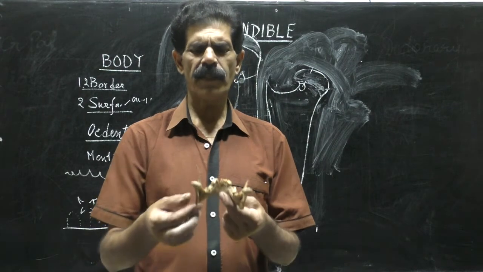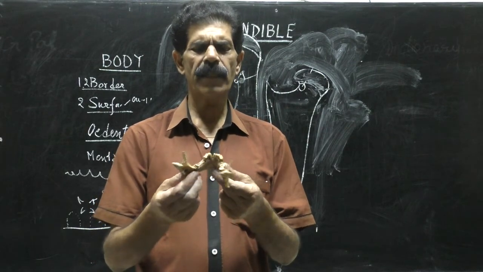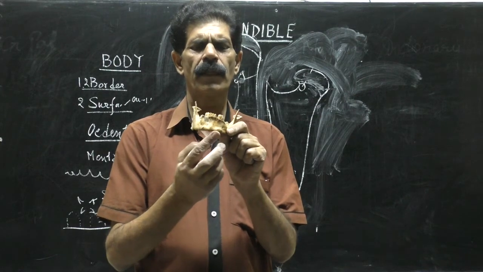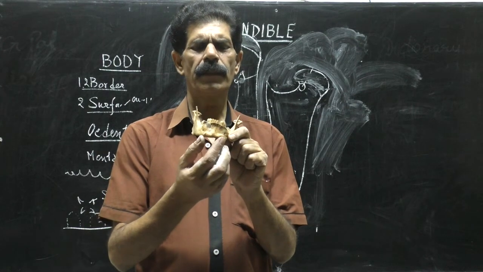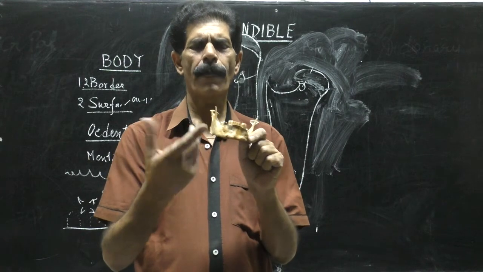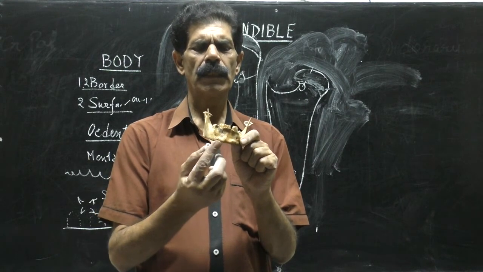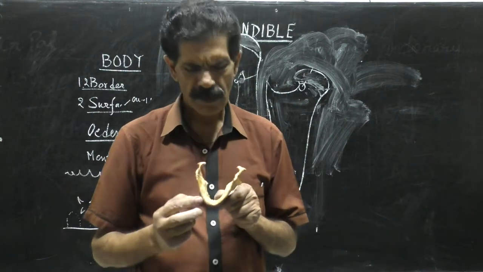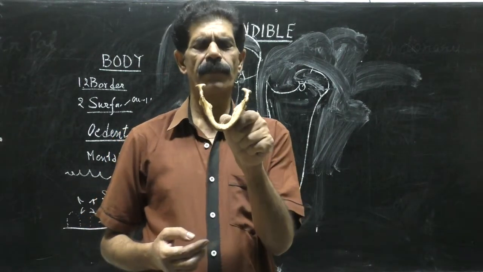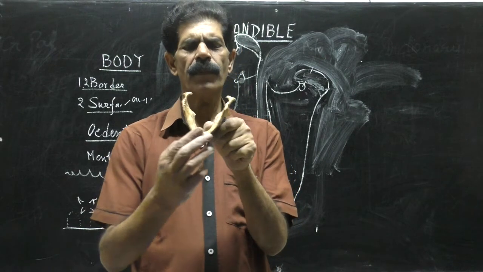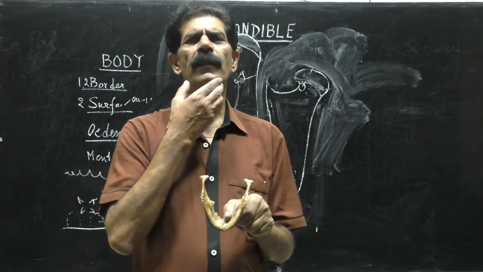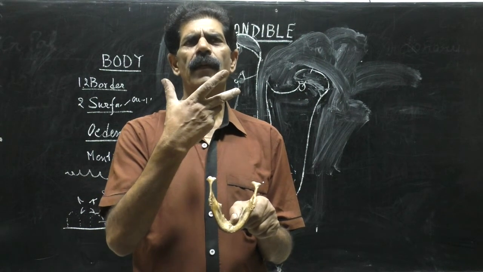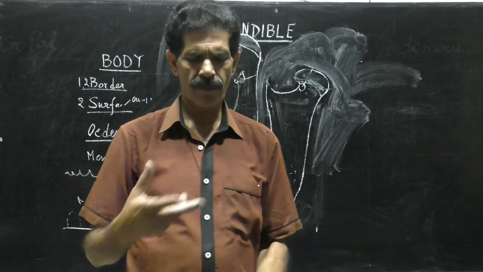So this is what we see in the angle. The second thing we see is the chin. Here the male has got a broad jaw. So this lower part, if you see from behind, is seen as a U shape. So U shape is the feature of the male mandible because the male jaw is broad.